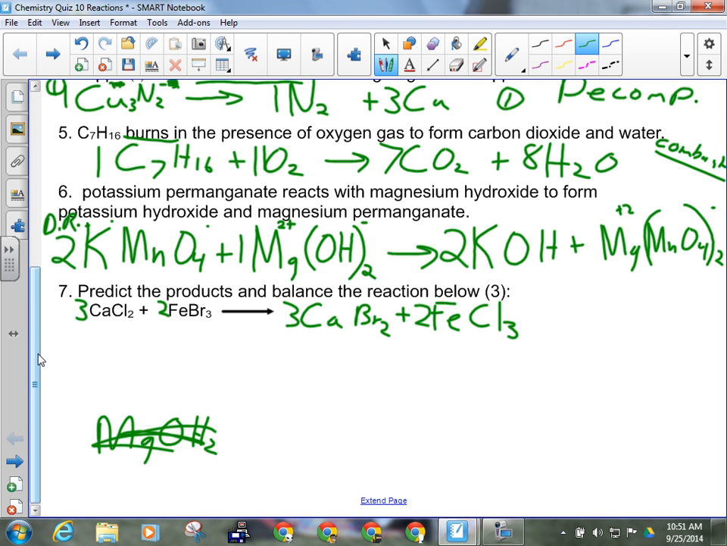You often see that alternating AB pattern. In double replacement reactions, quite often you'll see a 2-1, 2-1, or 3-2, 3-2. You see it fairly often. All right, so for this one,